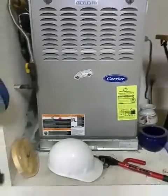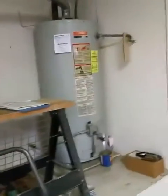I can't tell what year was put in there, but that's newer stuff. The water heater is not ancient either. I've seen a lot older. It's not brand new, but it's not ancient. Okay, three-car